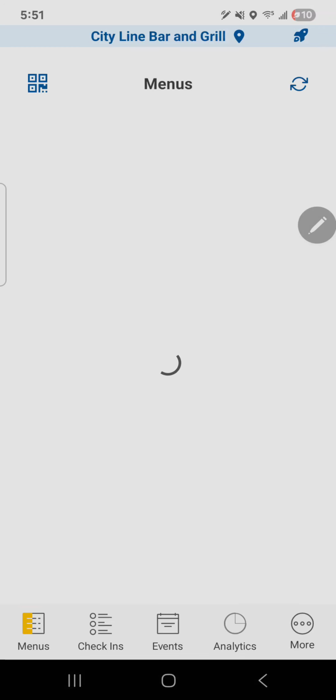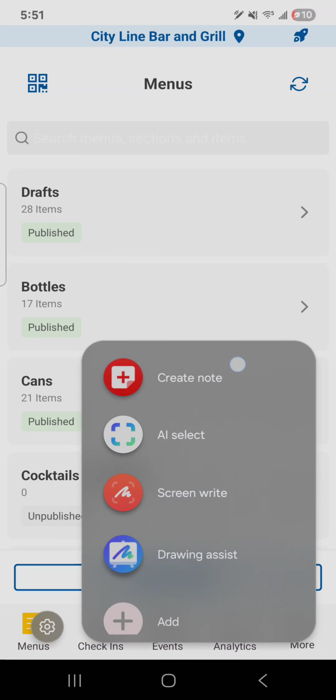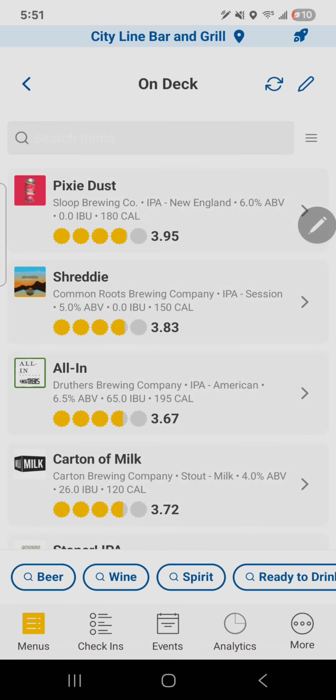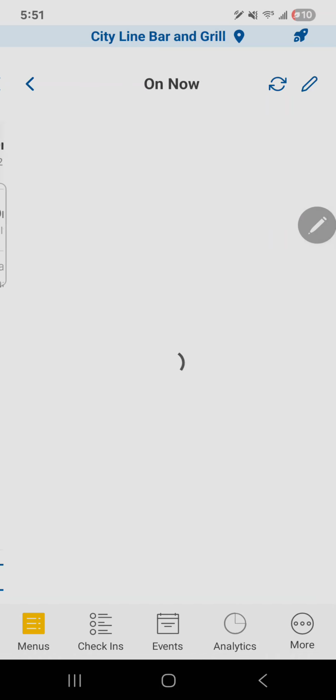And again, this is all before we've changed our keg. We're going to go into Untapped, which is what we have for the beer screens. And we're going to select drafts. We have on now and on deck. On deck, you can see, is what's hidden from everybody, but these are where all of the queued beers are, similar to the Bar Track app live. So they're already pre-programmed for you. You go to on deck,